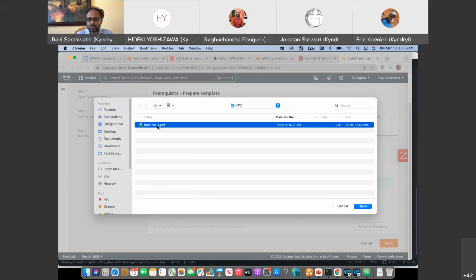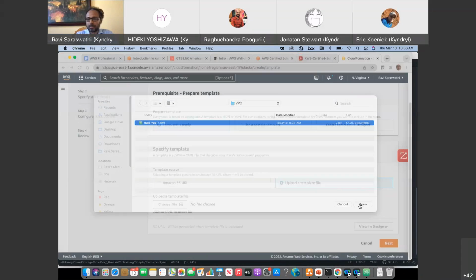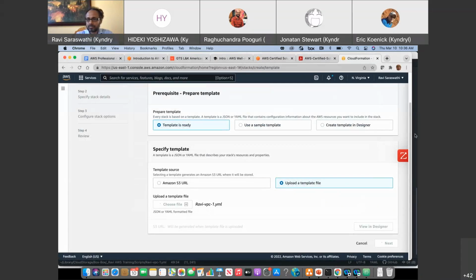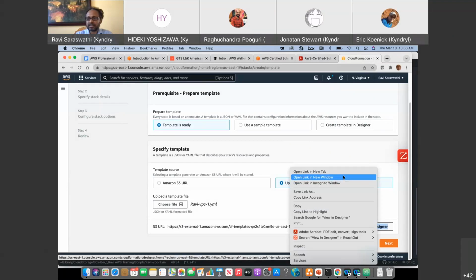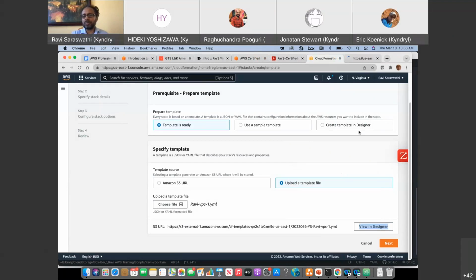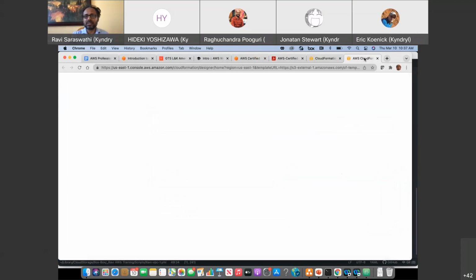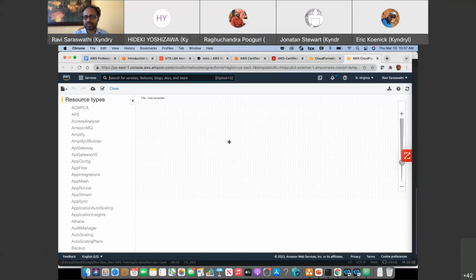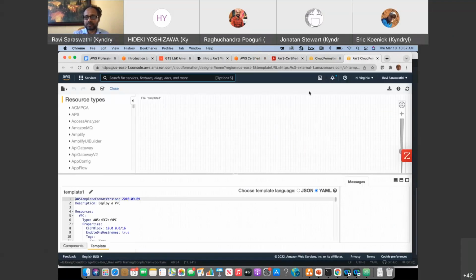We select VPC1.yaml. I upload the template here. And in here, you can see this in the design view; it will give you a pictorial representation. That's another thing I like about AWS CloudFormation. You know exactly how it looks before it gets provisioned, right? So if you look at this, I think Adam is asking, which is better, CloudFormation